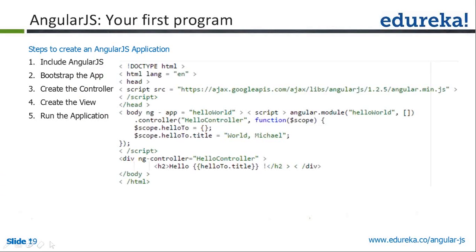Whenever you want to start an AngularJS program, first you have to download and include your AngularJS plugin. That's what we are doing. First we have included our AngularJS plugin in the script. Next we have a directive called ng-app. Whenever you include this plugin and run it in the browser, the plugin will look for the directive called ng-app. Once it finds that directive,